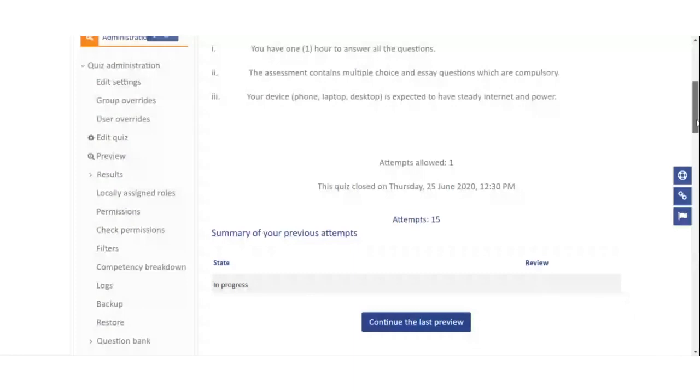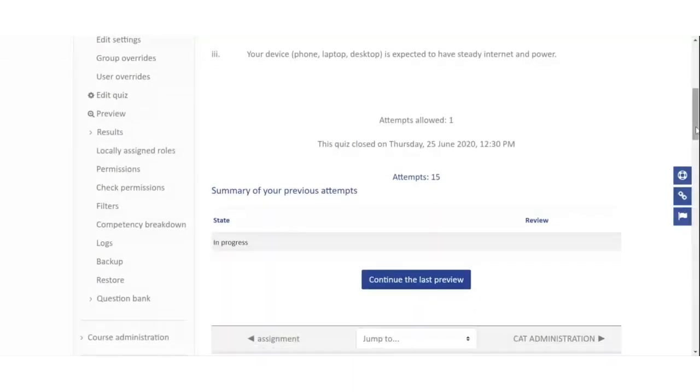CAT. Only 15 people turned up to attempt the CAT. Only 15 people turned up. And